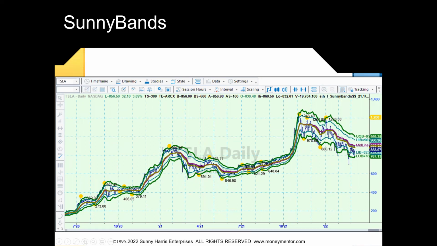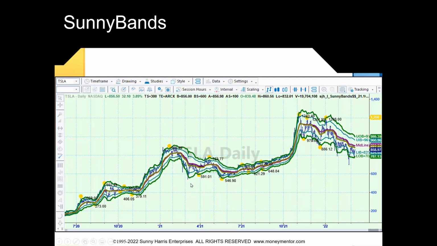And the dynamic moving average is in the middle. Again, that's proprietary mathematics. And the green and teal lines, top and bottom: the teal one is 1.2 average true ranges away from my DMA, and the dark green one is 2.0 average true ranges away. And you can see real easily, this is Tesla, it's not AHC. But you can see easily when it touches the bottom band, it goes back to the top band, back to the bottom band, back to the top band. Again, it goes back to the bottom band.